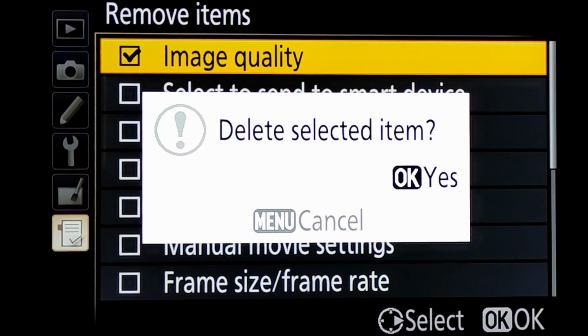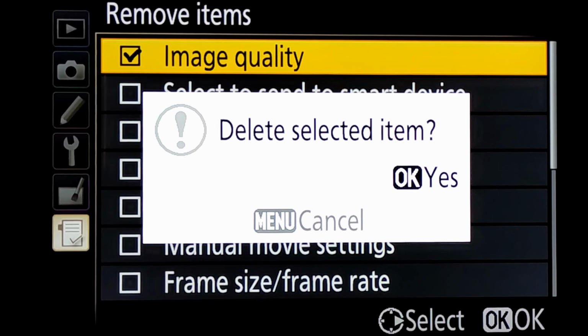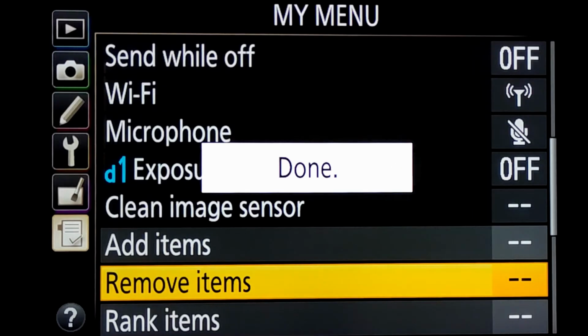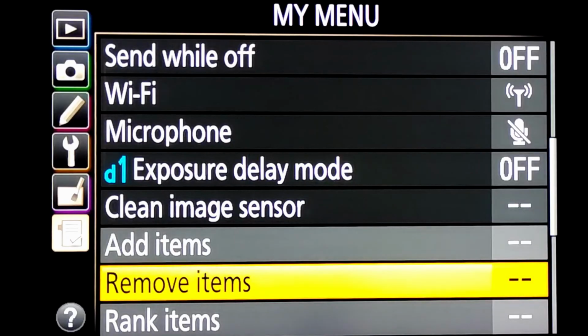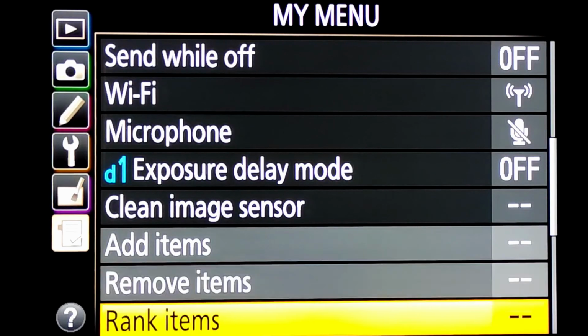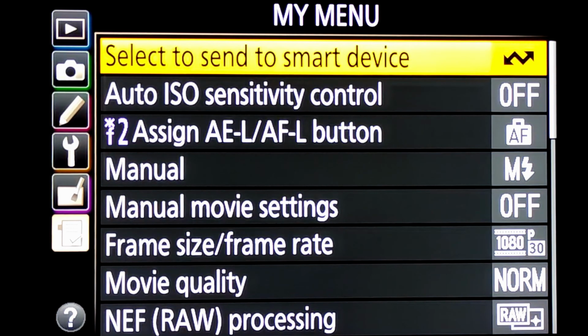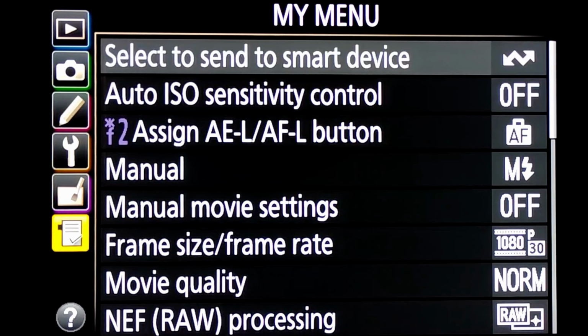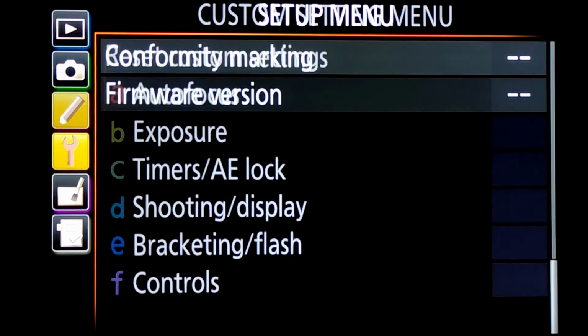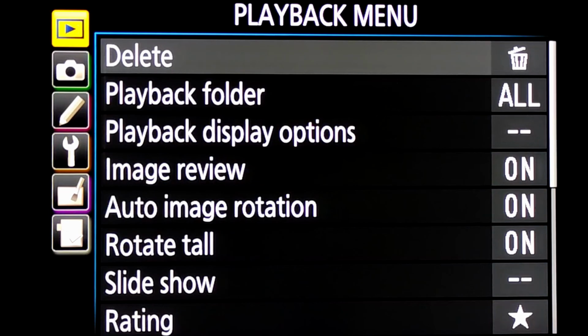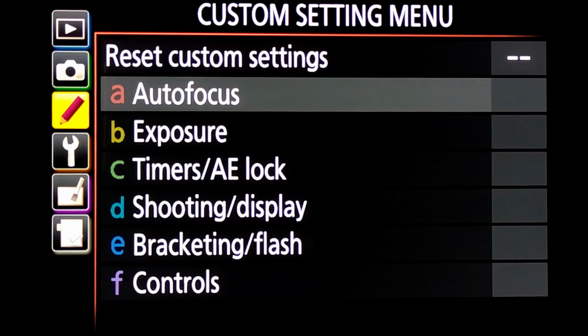So it will say delete selected item. This will be deleted from my menu, not from the camera. So I'll click OK. So this is done. Now again if I go through, the image quality which was earlier on top is not visible. It is removed.